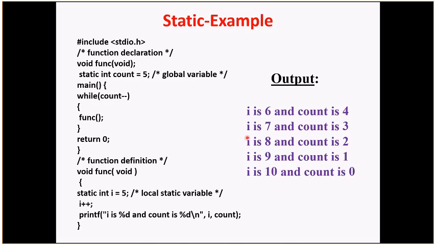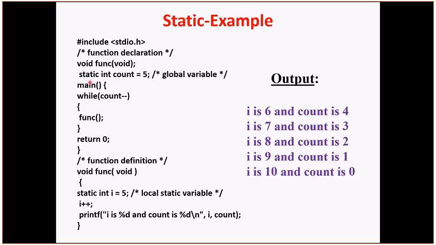Next example, static. Keep in mind that a static variable has a default initial value of 0 and is initialized only once in its lifetime. Global variables are accessible throughout the file, whereas static variables are accessible only to the particular part of a code. The lifespan of a static variable is the entire program. A variable which is declared using the static keyword always contains 0 as a default value.